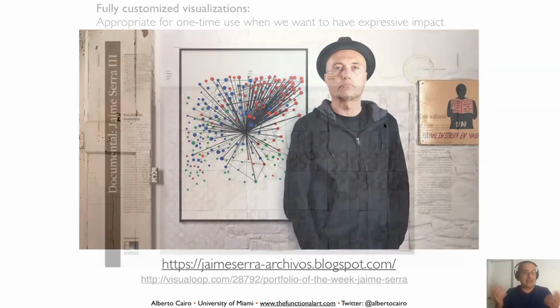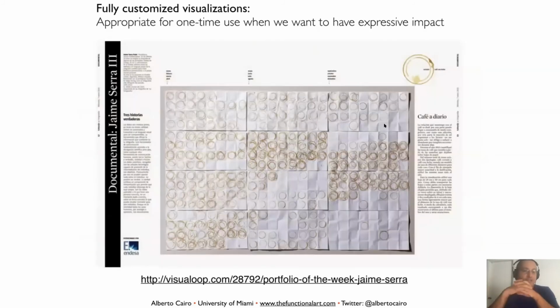And what he had at the end of the year was a physical visualization of coffee consumption throughout a year, right? January, February, March. Now, this is not a graphic that serves an analytical purpose, right? If you want precision, if you want to see the actual coffee consumption, you will need a line chart. That's much better for comparisons. But that was not the purpose of Jaime. Jaime wanted to create something a little bit more expressive, a little bit more artistic, not necessarily analytical.